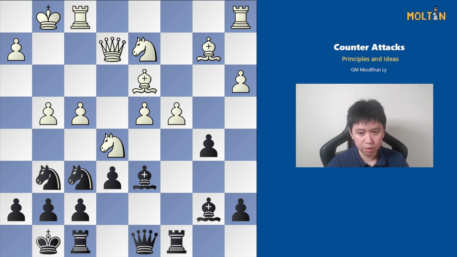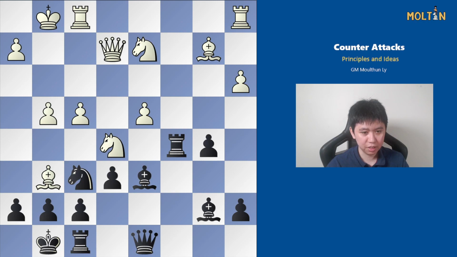For example, let's say after the move pawn to c5, black has a really strong move here. So again, pause the video if you want to try and spot the tactic. But here the move is rook takes c5, incredibly strong. After the move rook takes c5, the idea is that, let's say if white captures here on g6, we can